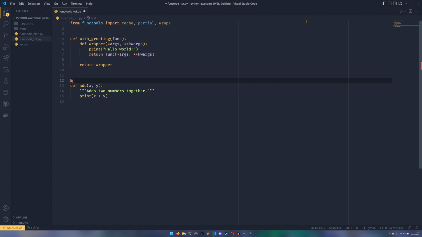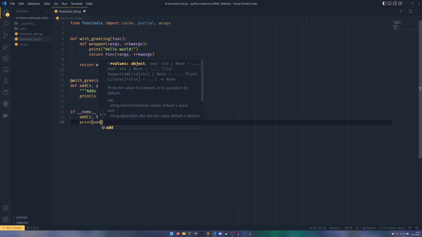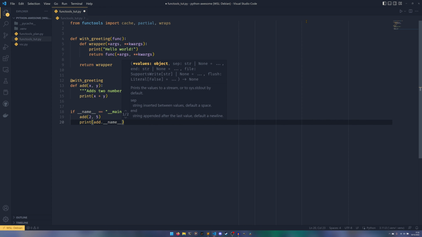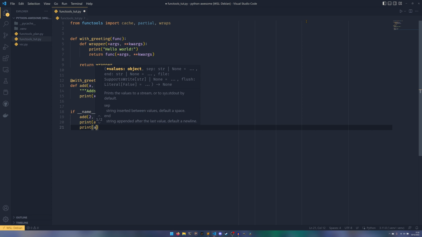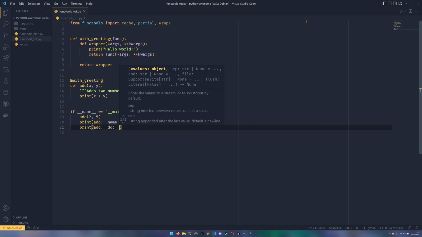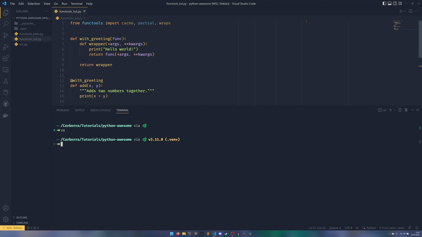And then we're going to decorate our function with our greeting decorator. And then what we're going to do, and I'm going to do it like this because I'm fancy, I've also done a video on what that means if you want to see that, is add 2 and then 5, and then we'll print add.__name__. So this prints the function name, and then print add.__doc__, which prints the function docstring. And if I run